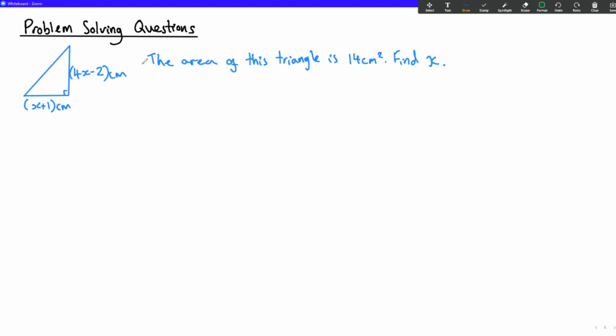So here it says the area of this triangle is 14 centimeters squared. Find x. So we can use the area of a triangle to solve this. And if you want to do this by yourself, you have the tools available to you to do that. So you can pause it and try it if you want. So the area of a right-angled triangle